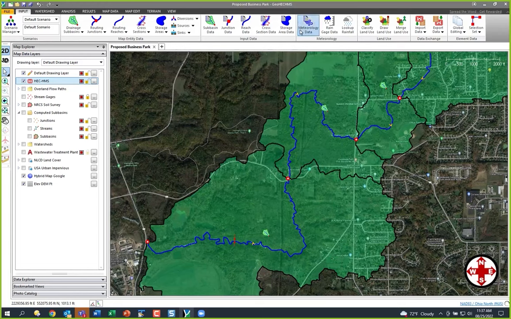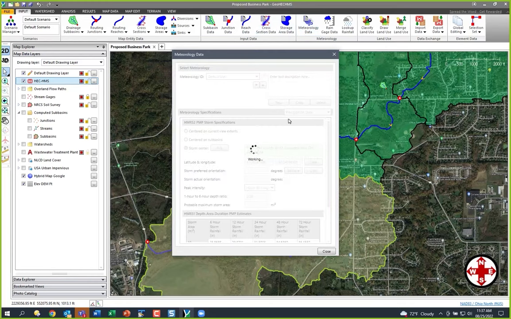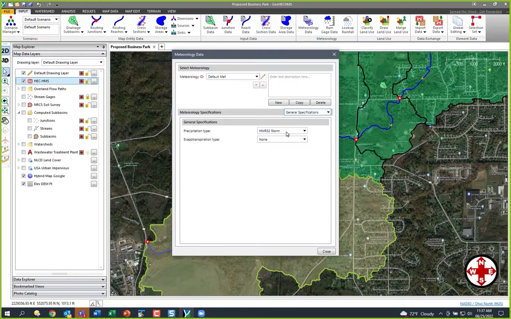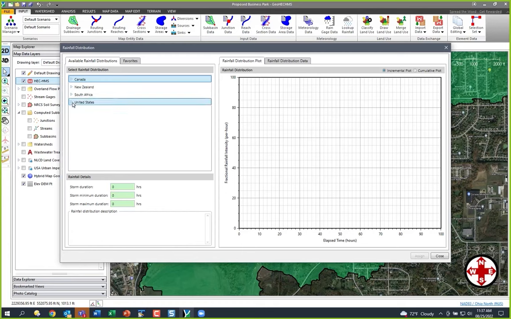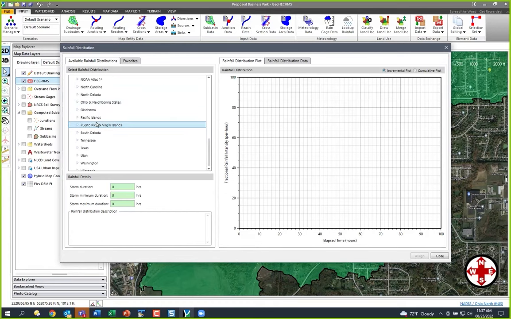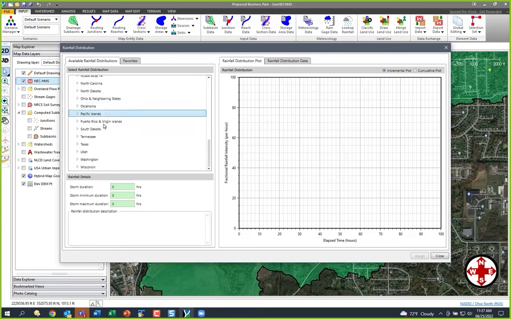Or if I go back in here and I want to switch it over, if I've got a specific storm, like for example, in some parts of the U.S., if I go under United States, if you're working with, let's see, you guys are in Montana. Yeah, in Montana. I don't see, is Montana in here? No, I don't think Montana is. How about Wyoming? Do they have it? No, they don't have it.